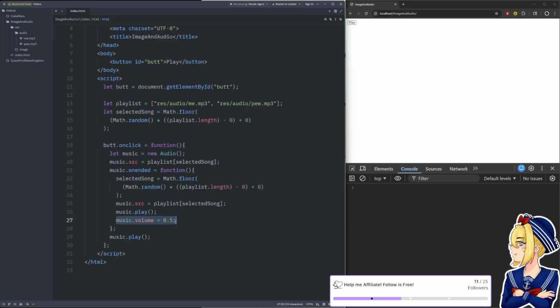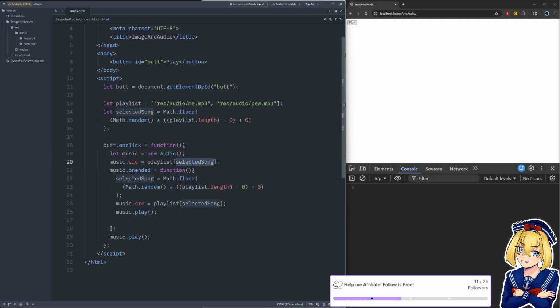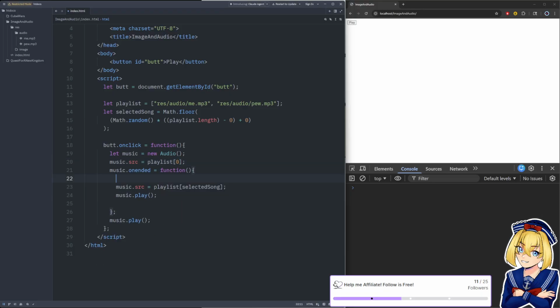So let's cut this and let's try and get rid of the randomized stuff. I actually need that. We're going to say playlist 0, and we're not going to randomize it.